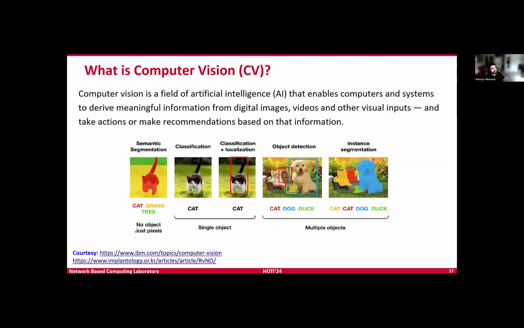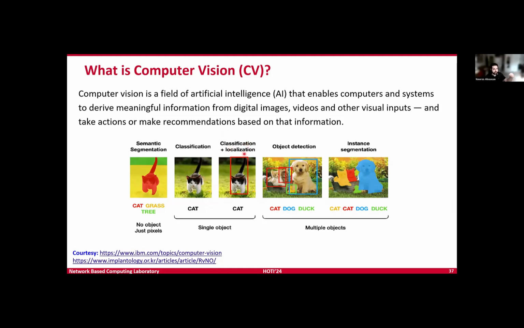Another major area is computer vision. Computer vision enables computers and systems to extract information from digital images or videos or any visual input. We have many downstream tasks that we can perform, like semantic segmentation, where if we have an object within an image, the objective is to segment the individual pixels into different objects. Or we can have simple classification. So can you classify the object that is in the image?